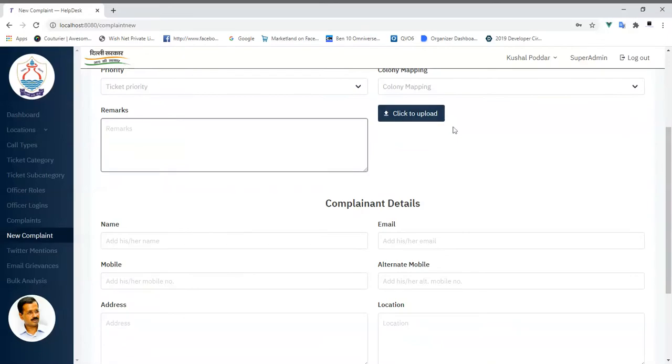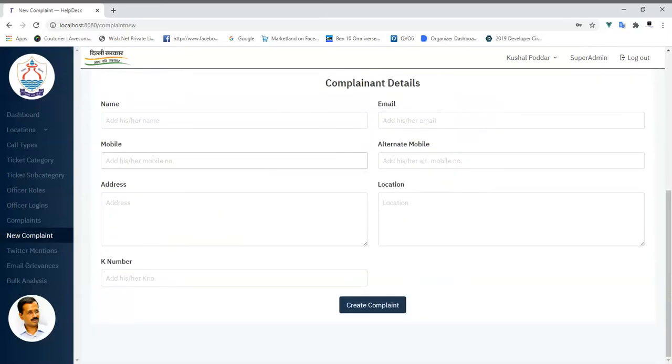And this button, click to upload, asks for multiple media types to be uploaded in case a user sends some specific media of the problem. So this is a particularly new option through which more details can be seen from multimedia, preferably a video or a photo, which was not present in the earlier system.